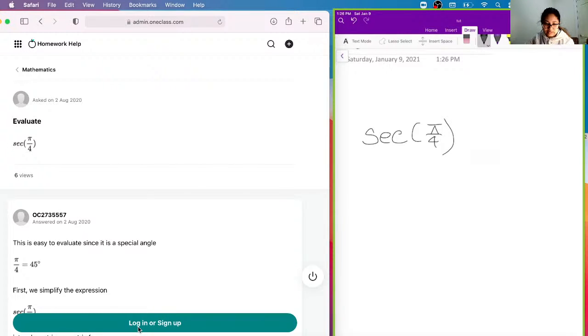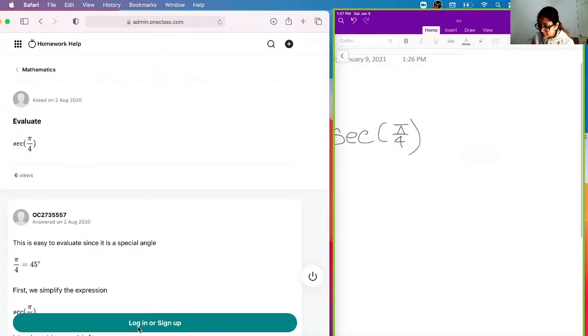So we can basically say that this is easy to evaluate, because if you guys recall, pi over 4 resembles a special angle. In this case, we would first want to find the angle of this pi over 4, and to do that, to find the angle,